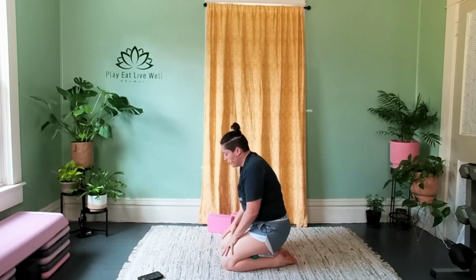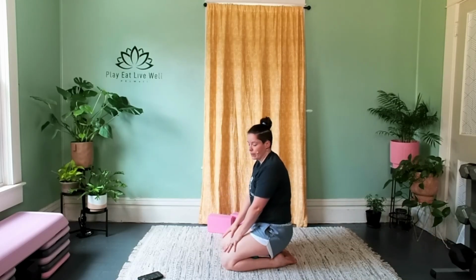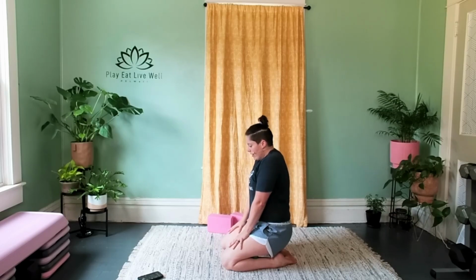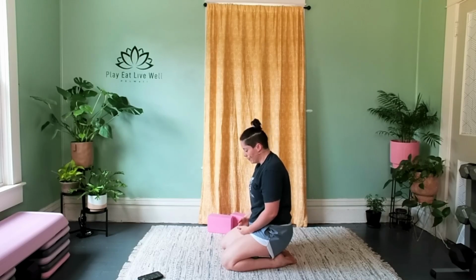and then slowly bring yourself back up. Now, you may be able to sit more upright here, or you may still have to come down towards the floor. But again, just find something you can relax into. I'm not pushing and inviting tension in the upper body, just something you can really relax into. So if you feel like you have to push or grit, then let's just back off a little bit so we can take a little bit less sensation